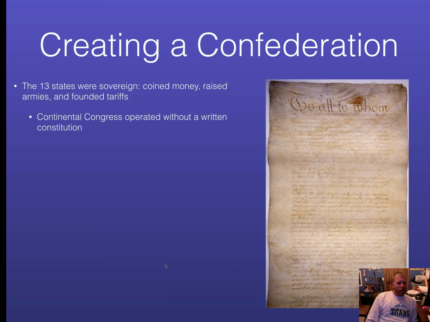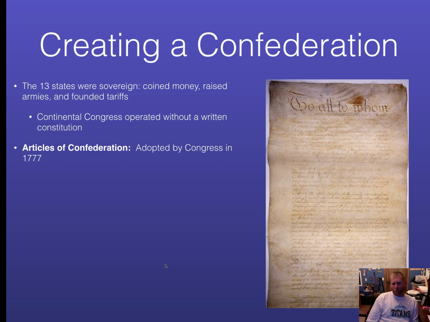The Continental Congress was operating on its own without a written constitution, without written guidelines, without a contract, and really was in unknown territory on what they should do. Finally, Congress wrote out the Articles of Confederation, which is America's first government. People forget that the Constitution has not been around since the beginning of our nation. So this is our first government, and